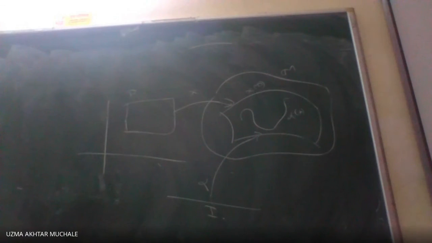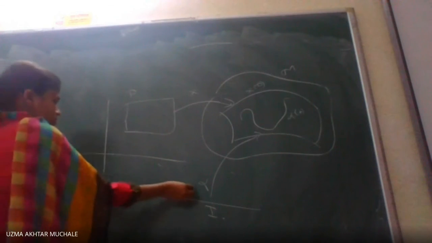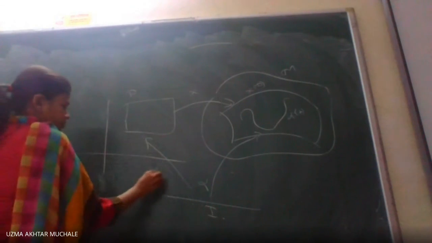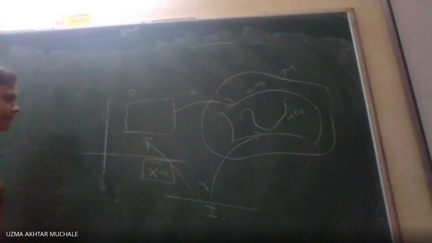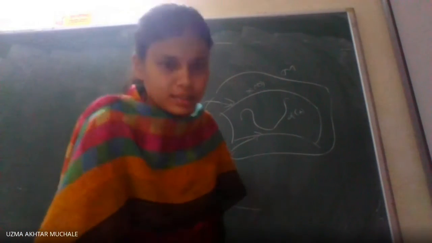So now, what will be x inverse of alpha? It will be a function from I to D, as we just defined. This is x inverse of alpha. Hence now we have to define the mapping x inverse of alpha. So in the next lecture we will go with this x inverse of alpha.